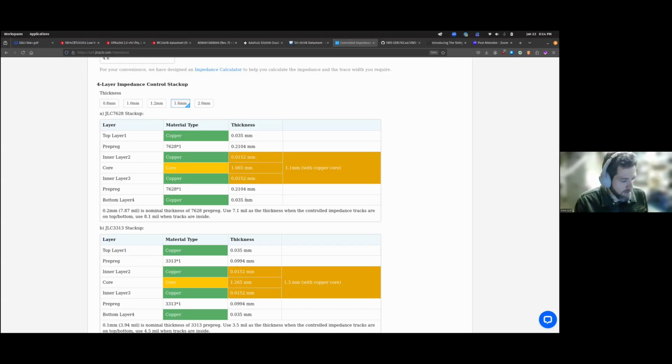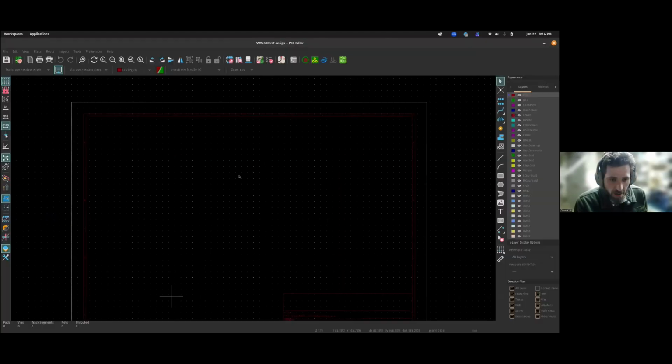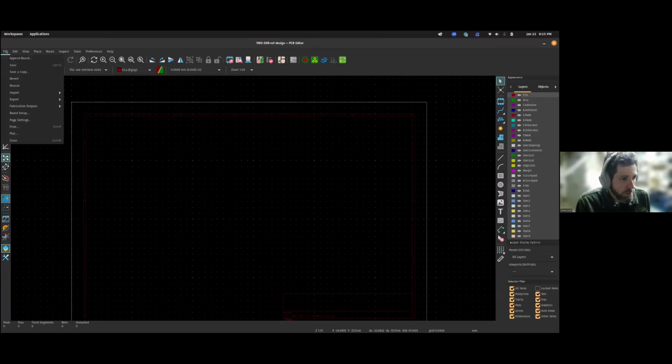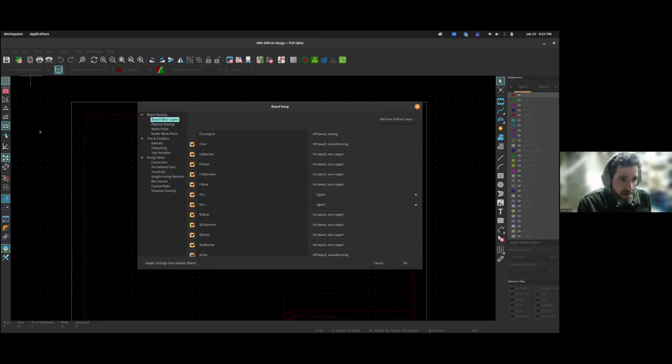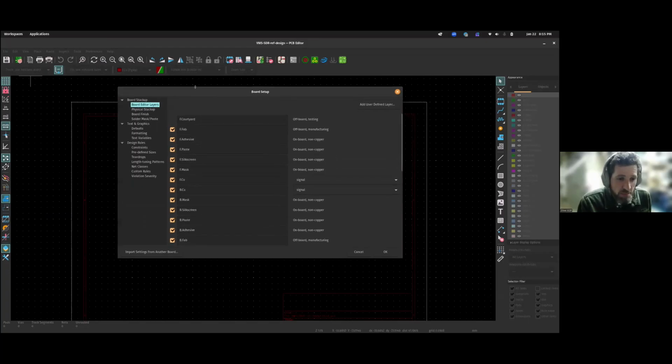So you've decided now on our PCB, we're going to go for a 4-layer stack up. So in KiCad, in the PCB editor, if you go to File, Board Setup, you can specify the layers of your PCB. What is it physically? What is a physical stack up going to look like? So if I go to physical stack up,